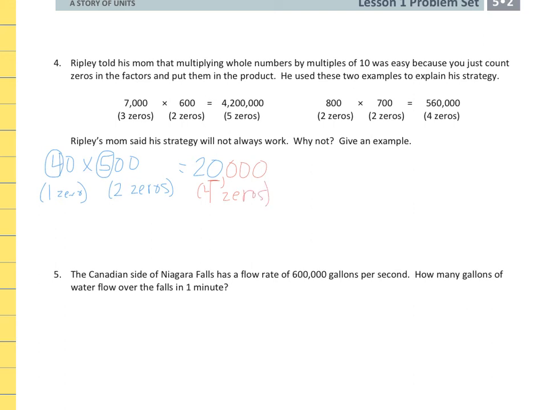So this actually proves that Ripley is not correct with his thinking. For most of them, he is, but for these examples, he's not correct. For this example, he's not correct because the 4 and the 5, when you multiply them, it ends in a 0 already. So another example would be